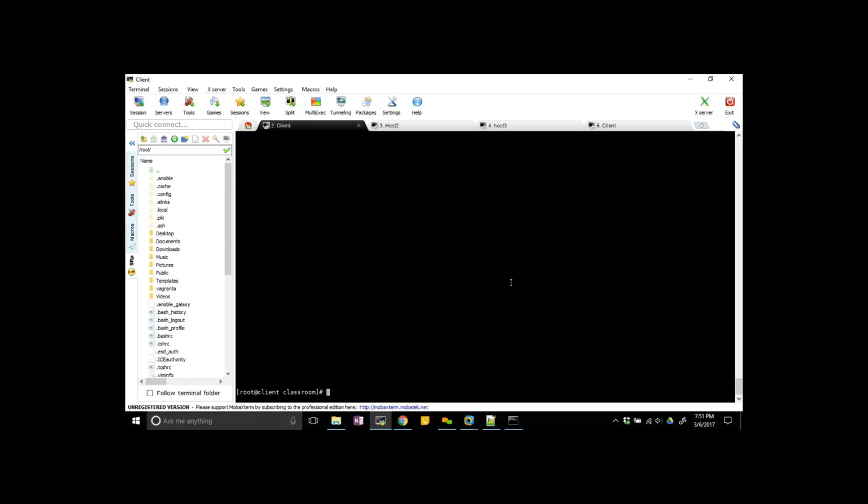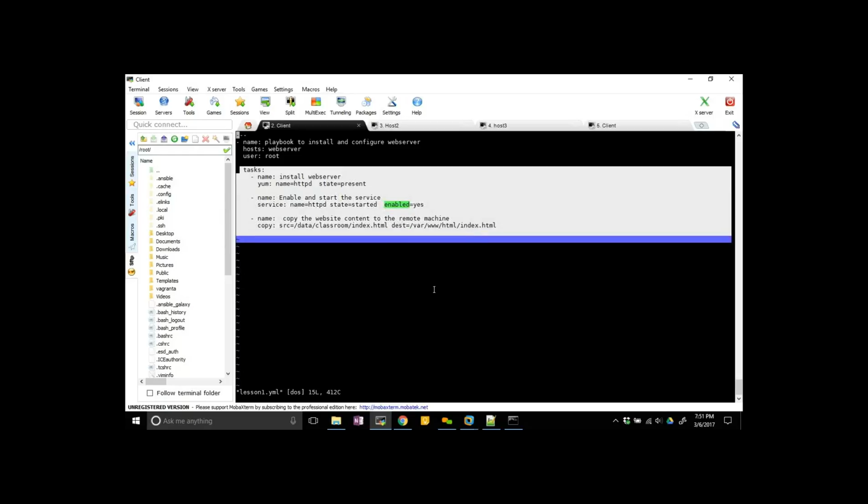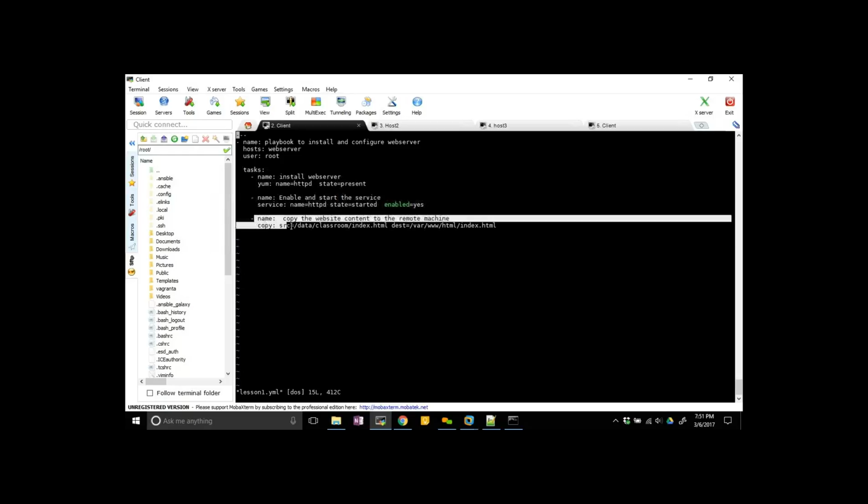Now I don't want to run all the tasks again. So when you go to the lesson 1, I don't want to run all these tasks. Now I need to copy only the file, right? So instead of running the whole playbook, you can run only this particular task.